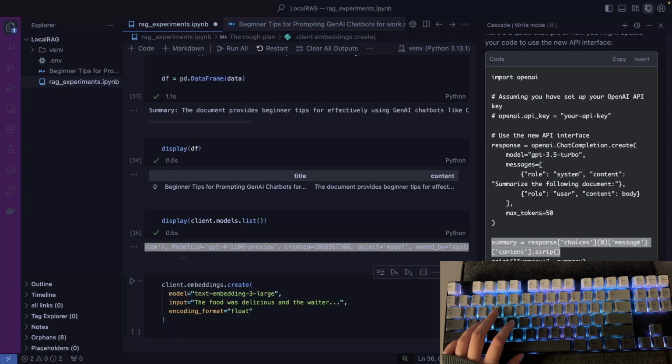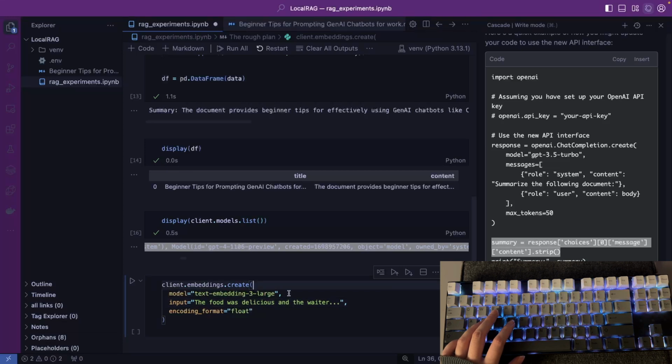So text embedding 3 large is only $0.13 per 1 million tokens, and ADA is just $0.10, so it's like 30% more expensive, but we're talking about like 10 cents per 1 million tokens, so for my small experiment I will be fine. Okay, so